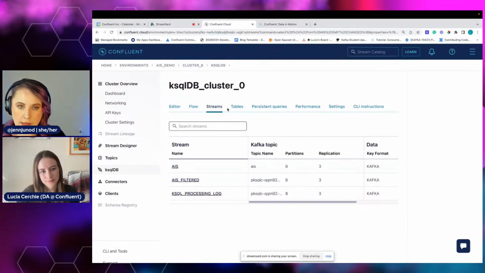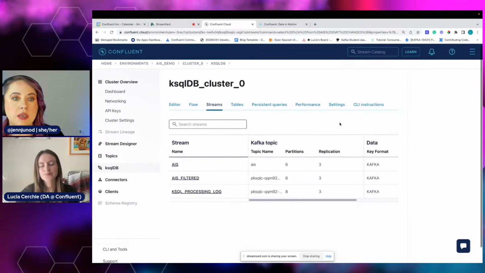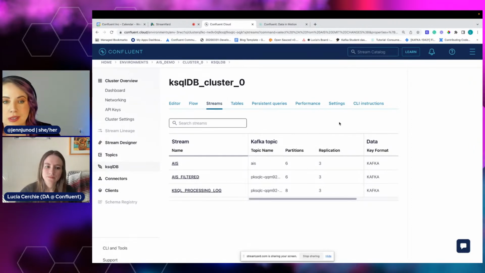Okay. And then what about the stream versus, just to get to where we are right now: we had the boat data, which is just ongoing data, where they're like, this is where we put all our boat information.